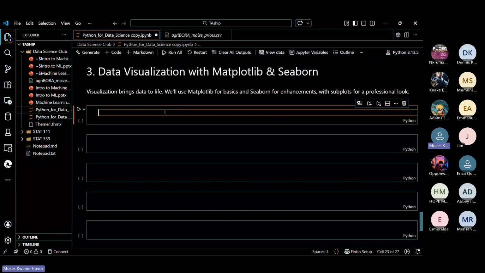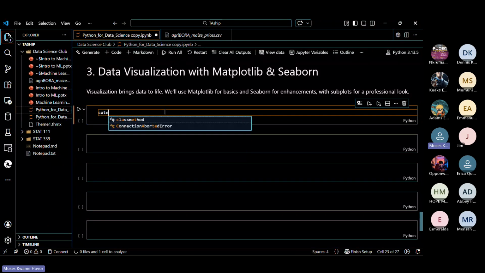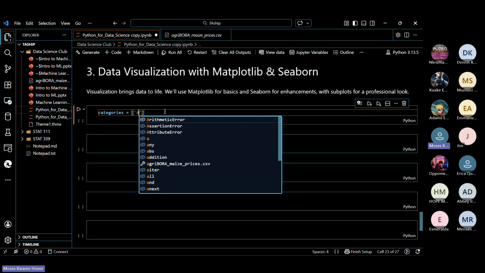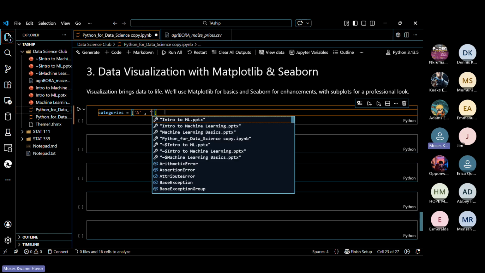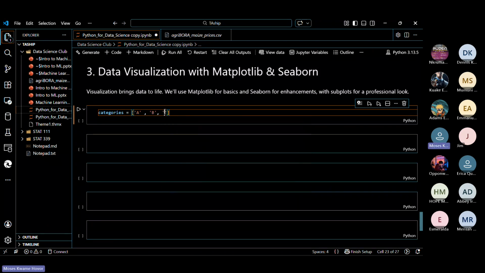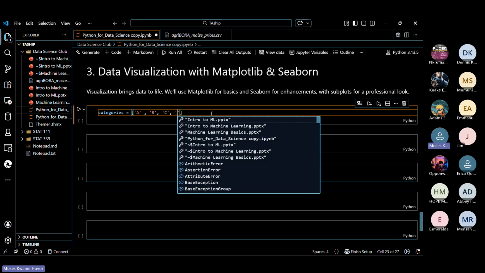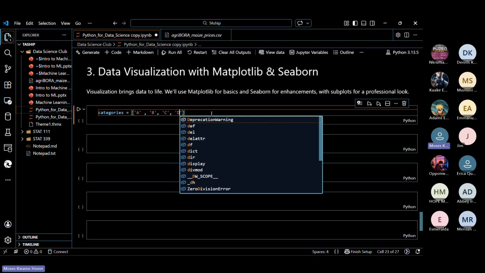create our artificial data. Okay, I'm going to create sales by product category. I'm going to have a category, and I'm going to create sales data attached to that. So let's say my categories, I have category A, I have category B, I have category C. As you can see, for the inverted commas, I'm using only one. If you want to use only one, you use one throughout. If you want to use the double inverted commas, you use the double inverted commas throughout. Okay, so I'm using one throughout. Category D.